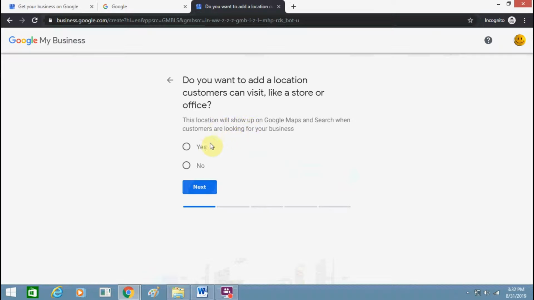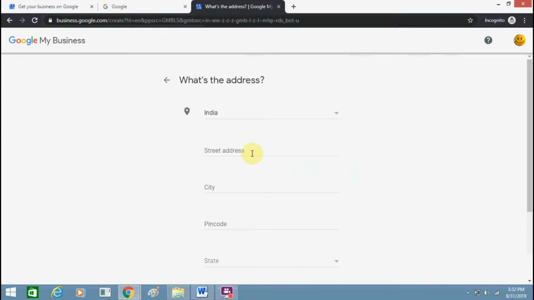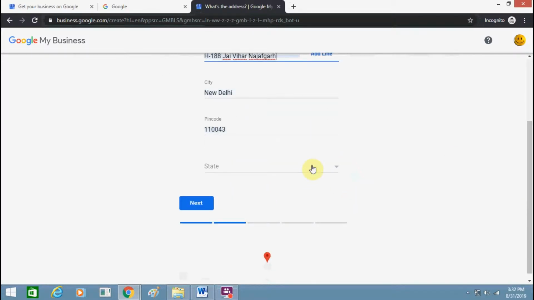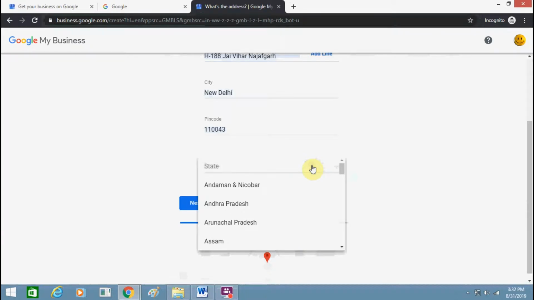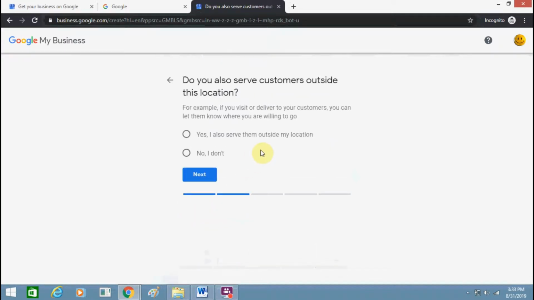So I will go for this particular location only. Select appropriate options. I would suggest you add your location as well, because it is very important for your business. Input all details like, I'm in this city Delhi, so input this information and follow this step by step.